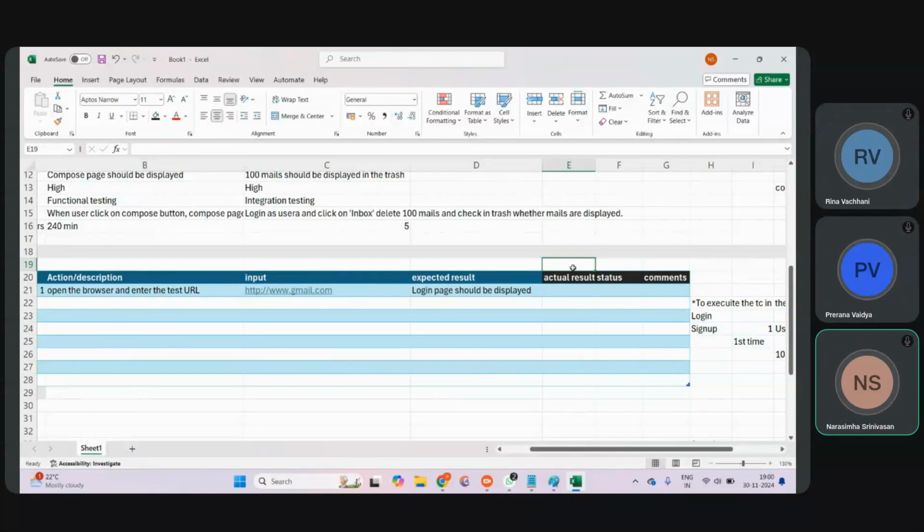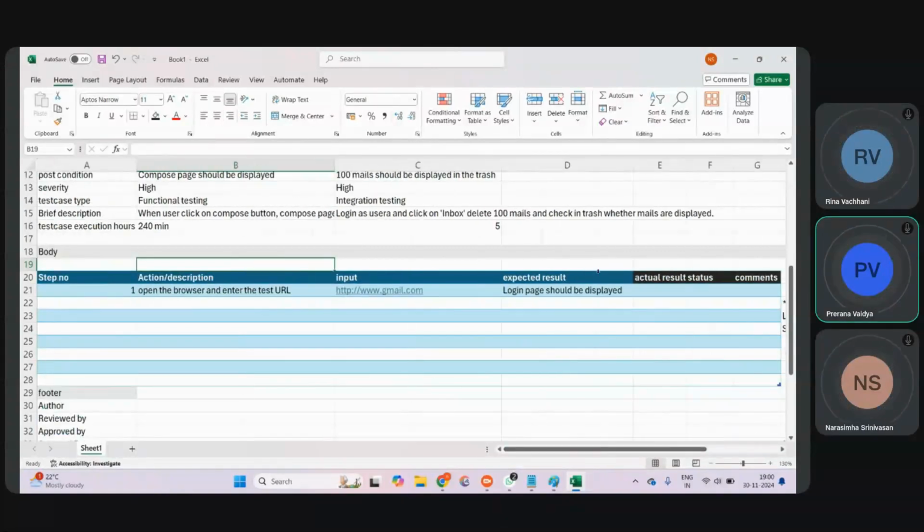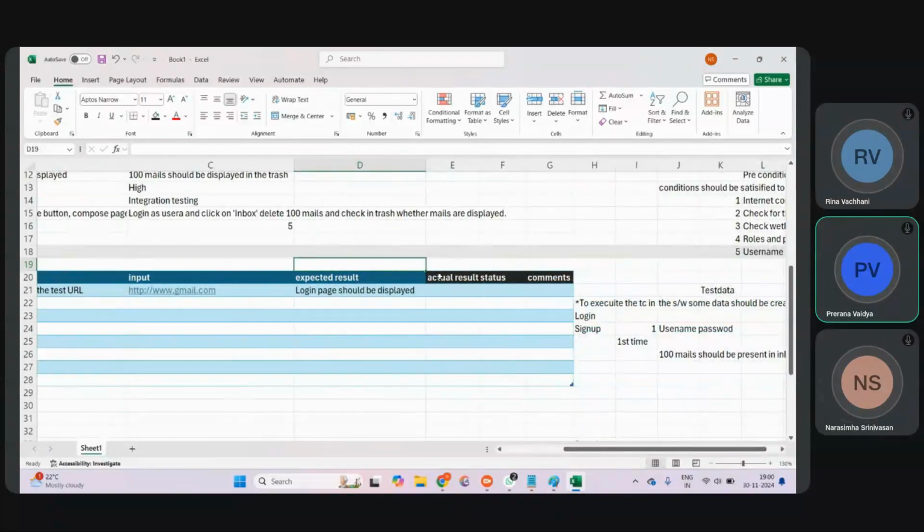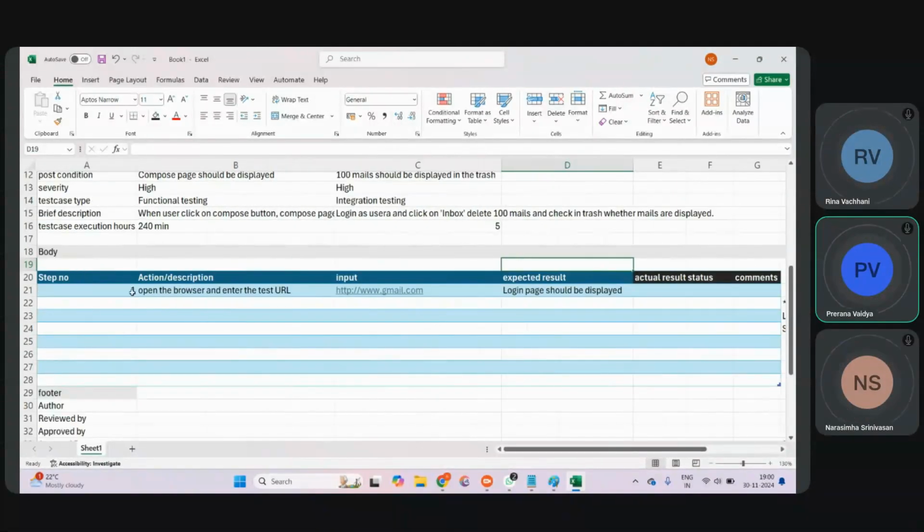Let me tell you. Till here, whatever the color I mentioned, this is before execution of the test case. From here to here, it is after the execution. While executing, the login page should be displayed. If I do this action, then yes, it displays your login page. So you have to write login page